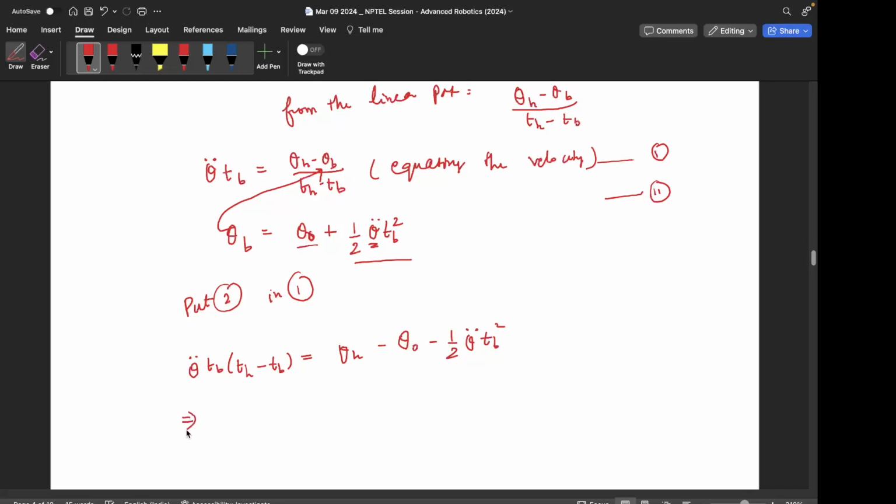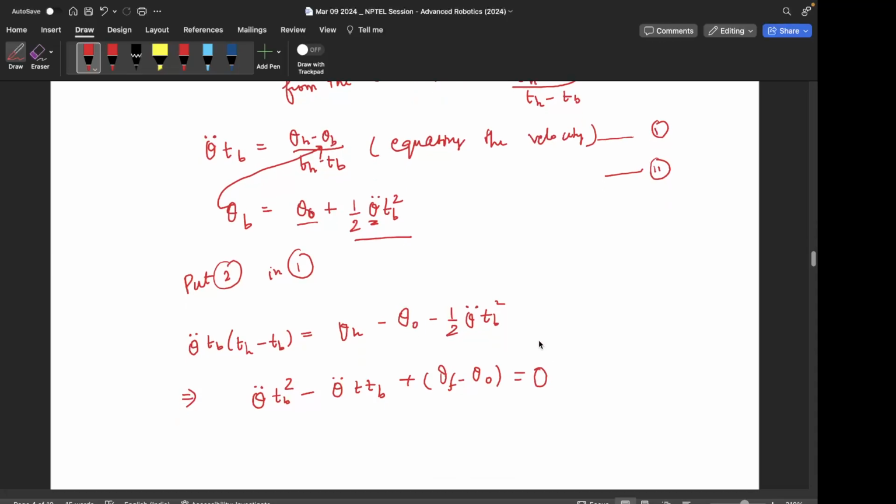And this after simplification comes out to be theta double dot tb square minus theta double dot t tb plus theta f minus theta 0. Okay,